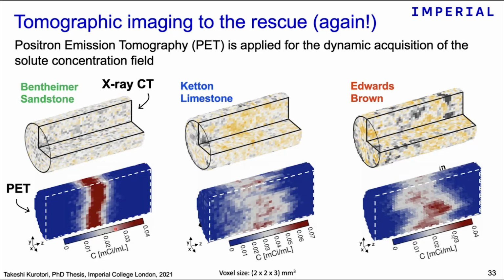And if I just stop the video, for the uniform sandstone, you see indeed that the pulse remains quite intact and moves almost as a piston through the rock sample. But with the more heterogeneous samples, you actually see a significant distortion of the tracer, potentially due to these heterogeneities in the sample, but also some other interesting effects, like in the case of Keton, where you see this cloud behind, which might indicate the presence of this immobile pore space where exchange is only happening by diffusion. Right, and so we decided therefore to look at this data in more detail.